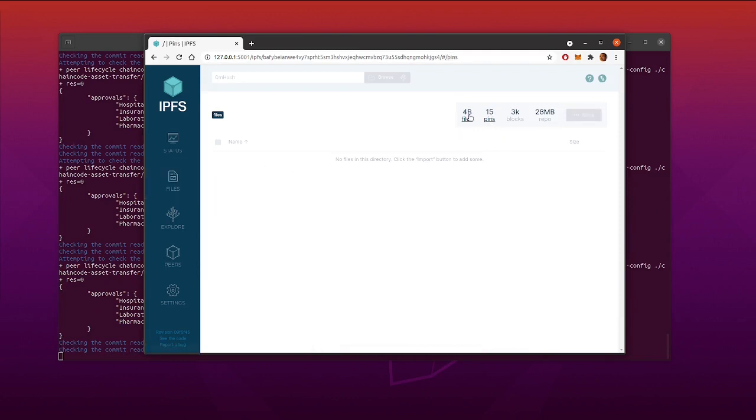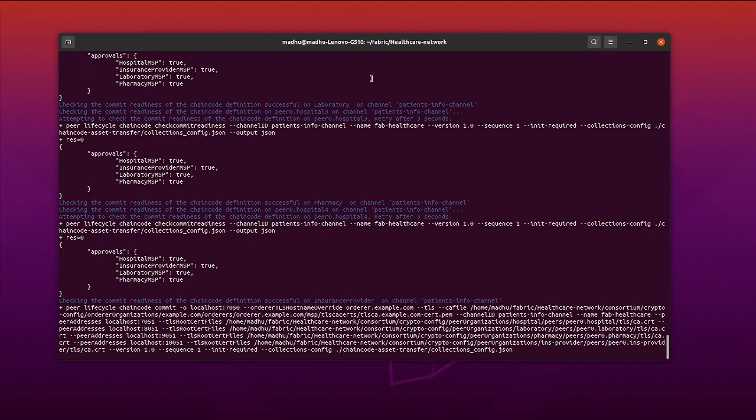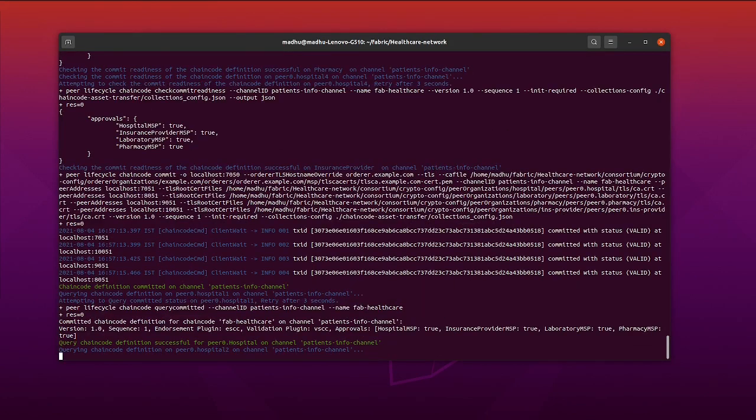So the files will be stored here. It will not be stored locally. When you upload this, it will be stored in some other system. Fetching the file from IPFS will take some time, normally more than reading from your own system.